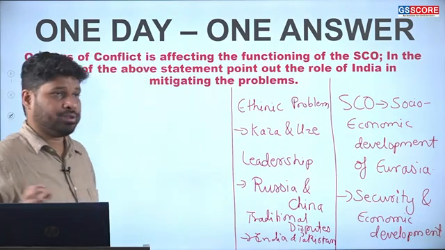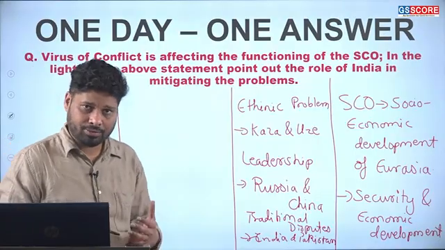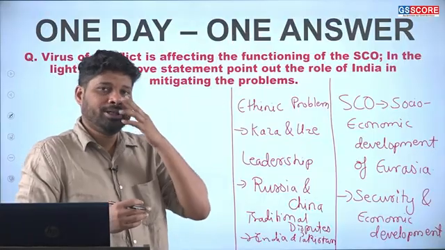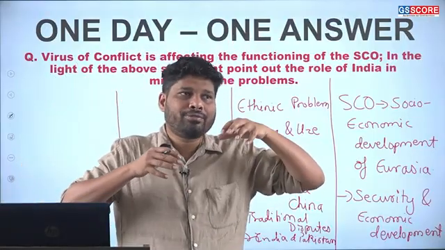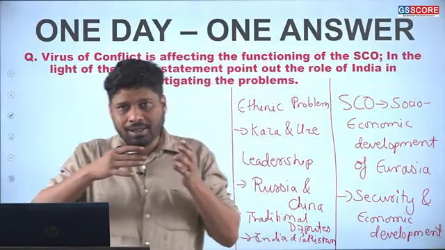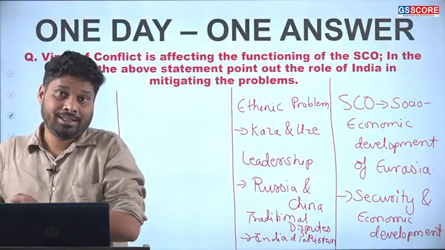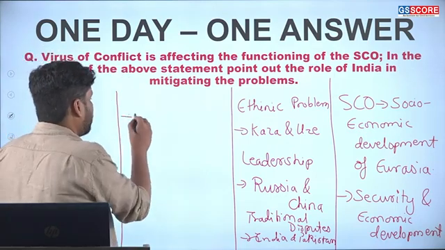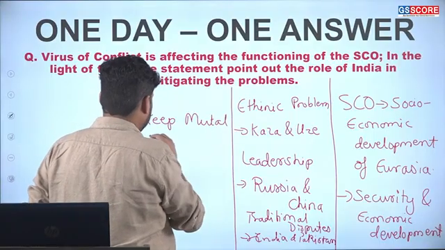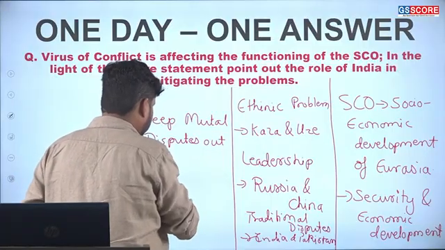Now coming to the second part of the question, how basically India can play a role. What role basically India can play and how that role has to be played. Look, India is in that way a mature democracy, okay, and being a mature democracy, internally we are well aware of how to basically settle problems, or at least not let those problems get into the objective of the work that we are doing. That is one of the qualities that India has. So it is for India to keep mutual disputes out of SCO.